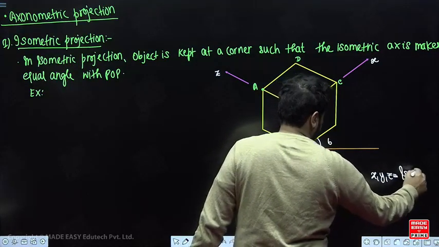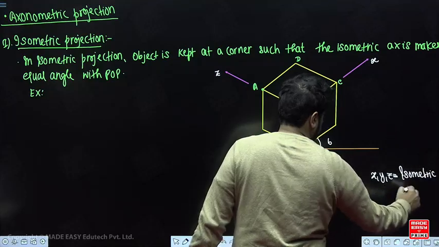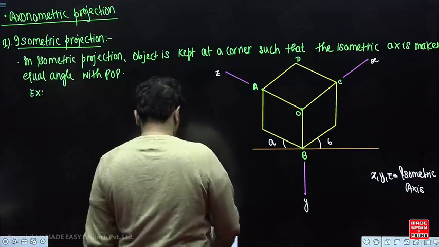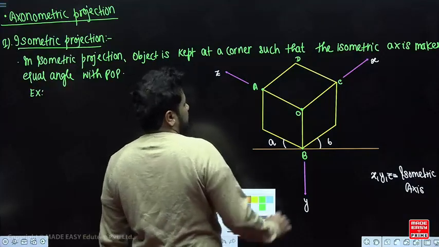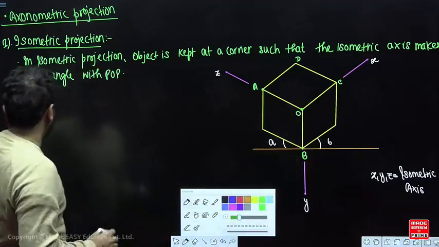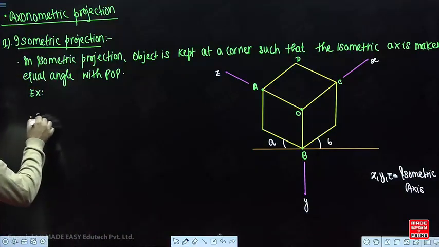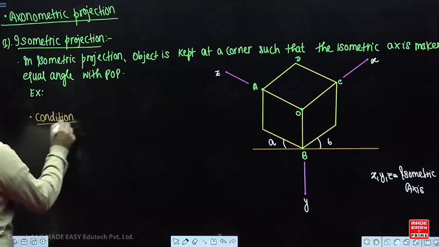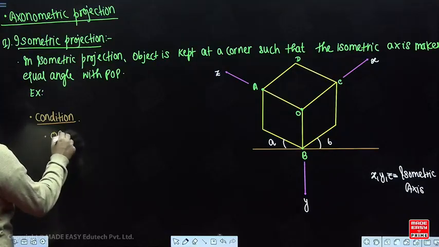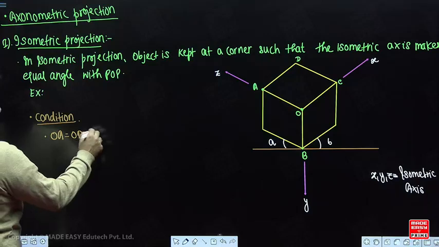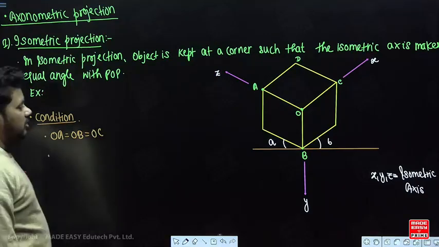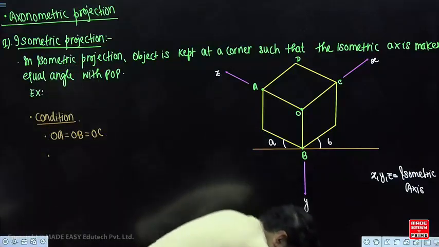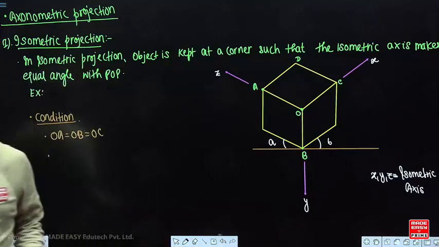It is called the isometric axis, correct? So this is the value, okay. Now the condition for isometric is important to understand. This OA should be equal to OB, and equal to OC, correct? So that means all the three sides should be equal. Isometric means,